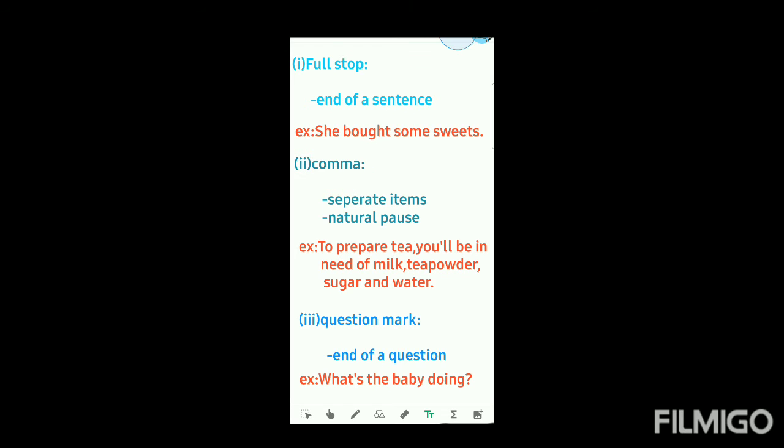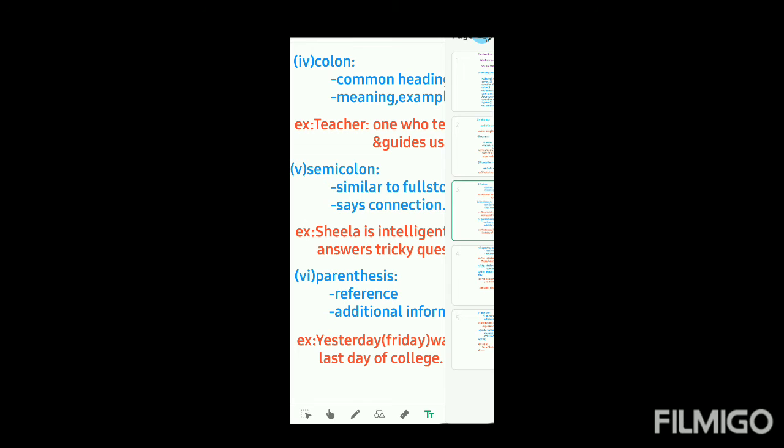And your next is colon. Colon is not commonly used, formally or informally, and we don't use it in sentences most often. It is only used in written format. Colon is used to indicate the common heading. So if you're going to write a paragraph on your own and you have to give a common heading to it, you just choose a heading relevant to your paragraph and you name it and you give a colon to it. It means that you're going to say about that topic in the rest of the sentences.